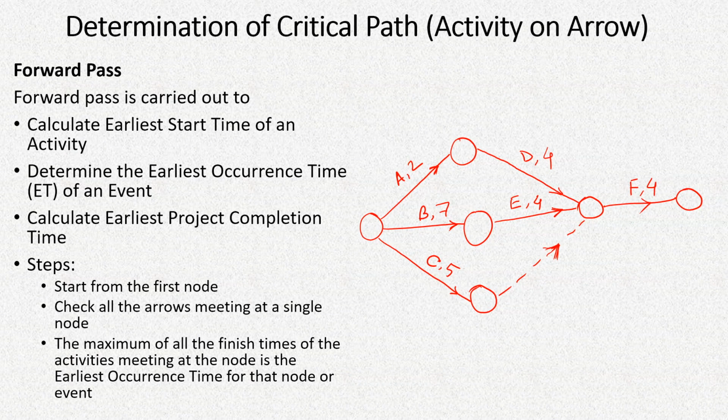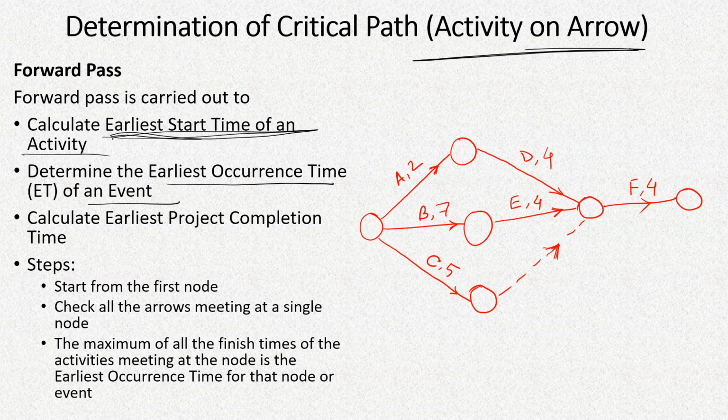We'll now focus on the activity on arrow method firstly. So in forward pass, what we do is we try to find out the earliest start time of all the activities one by one, and therefore we also find out the earliest occurrence time of an event. Now the difference between earliest start time of an activity and earliest occurrence time of an event, it's actually the same thing. However, if you consider an activity, suppose A,